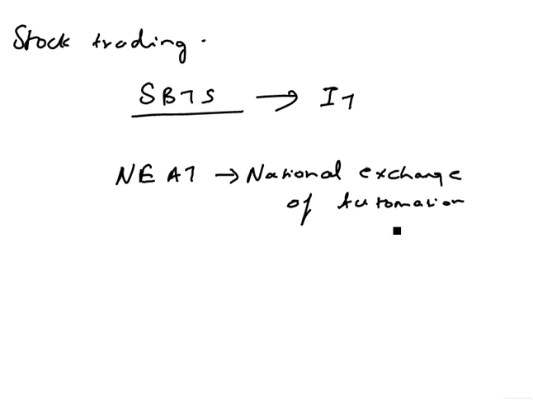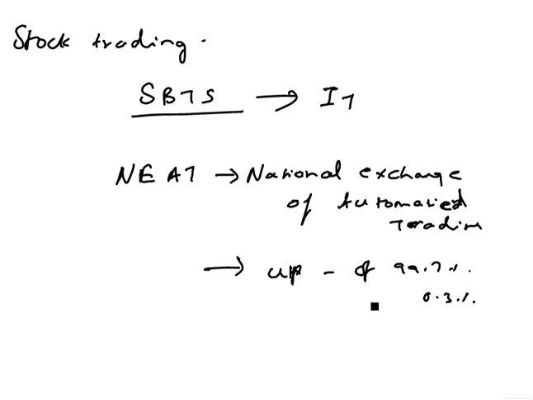Let me finish this automated trading. This has an uptime record of around 99.7 percent. It's very good, right? Maybe about 0.3 percent is due to maintenance purposes. So this has improved the trading volumes as well as the efficiency, as I told before.